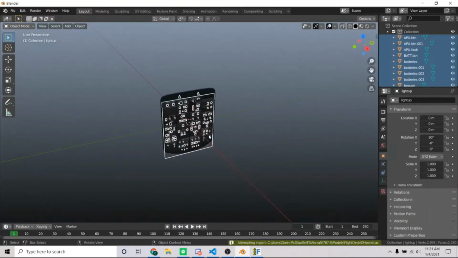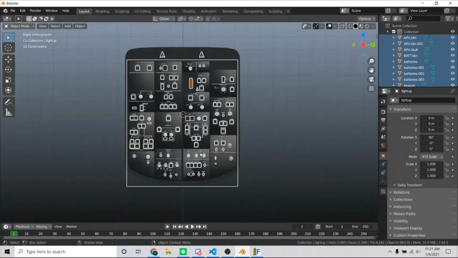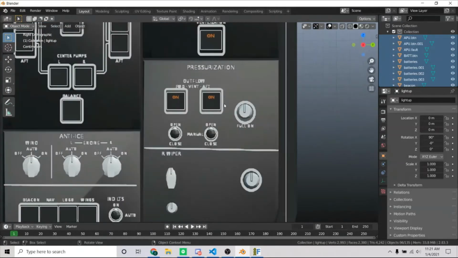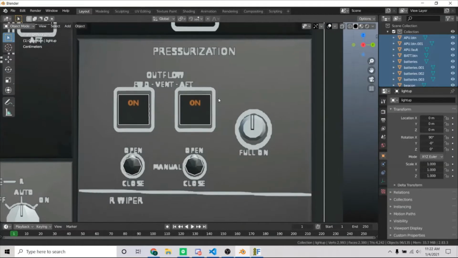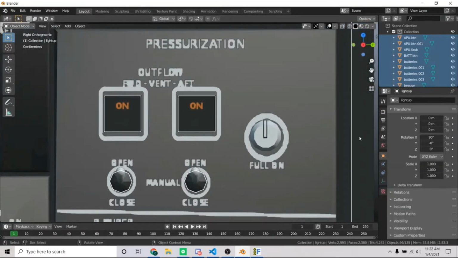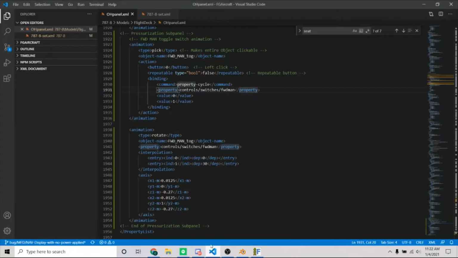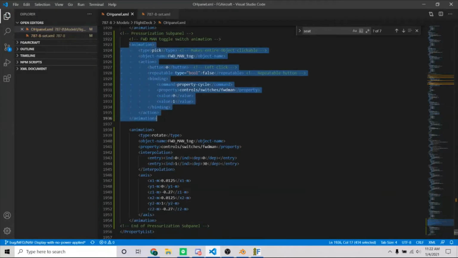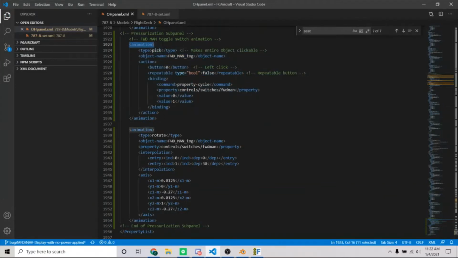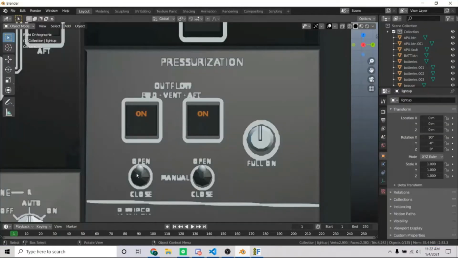and we can kind of zoom in here, change our view, zoom in some more, and navigate to this subpanel. The reason I came here is because before you start coding in XML, XML, like I said in the previous video, is just a list of animations of objects. But if you don't know your object name, like if you don't know what you're animating, then you can't really animate anything. You need to know what you're animating, and in this case, it's going to be this switch here,